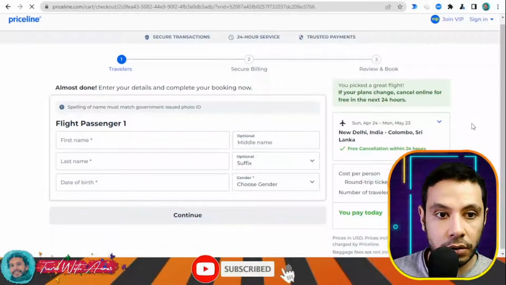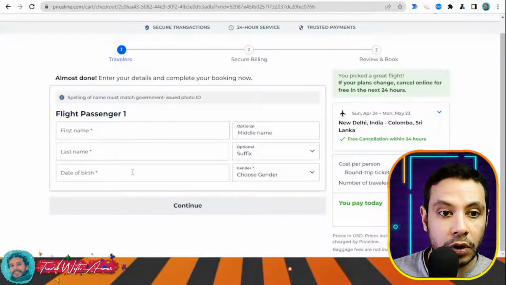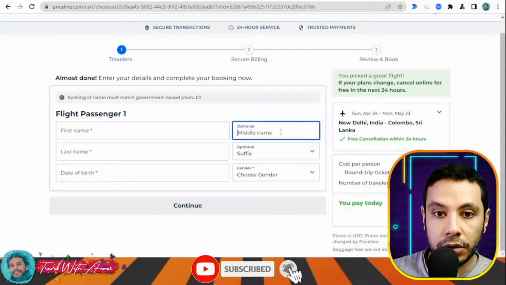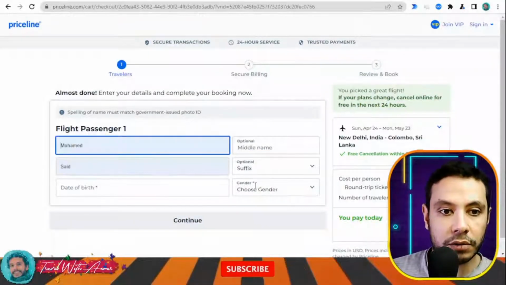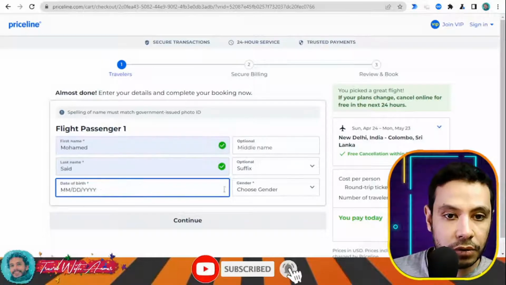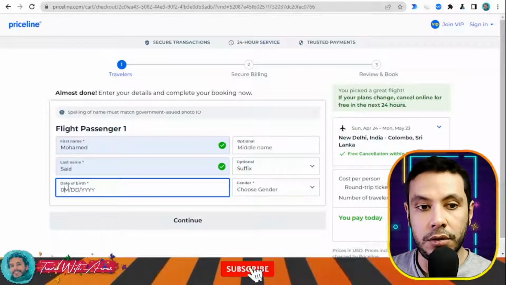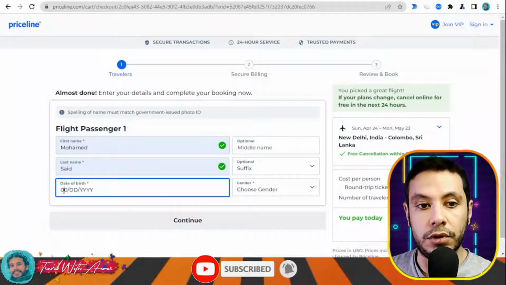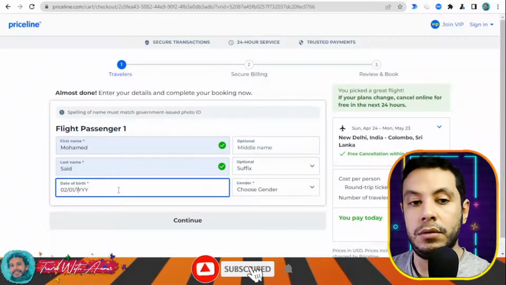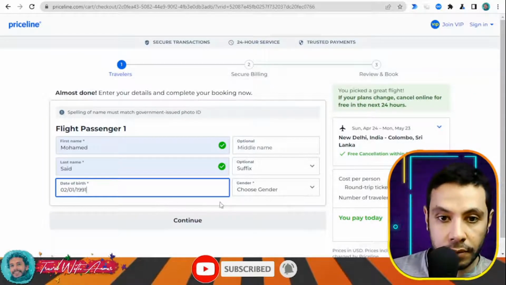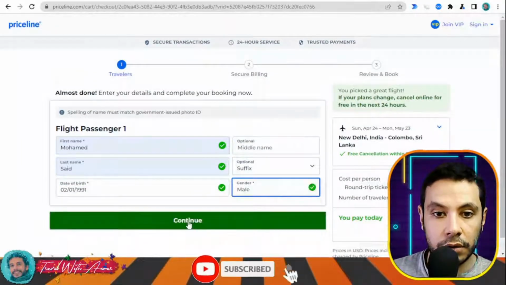All right, okay, so here you give your first name, your last name, your date of birth, and this middle name is optional. So let's just give some information here. Date of birth also. Okay, just 1 second. For example, and then click continue, continue,